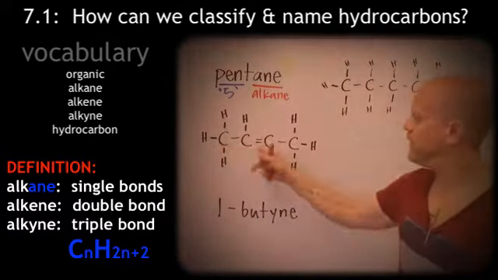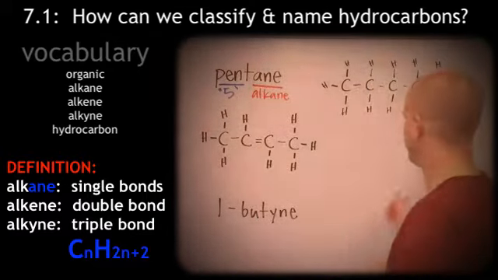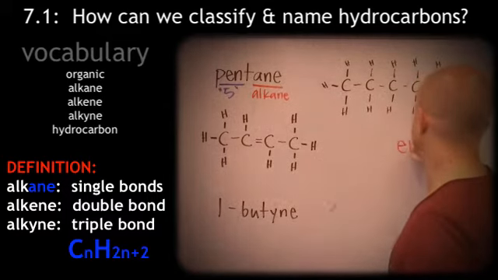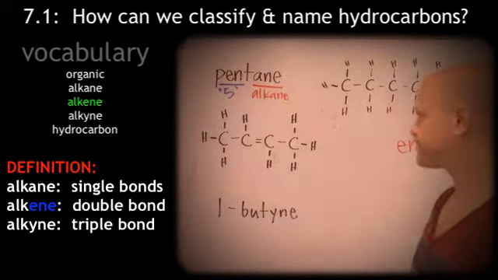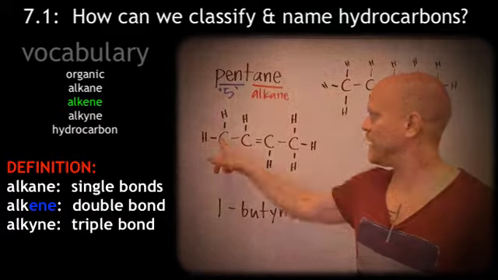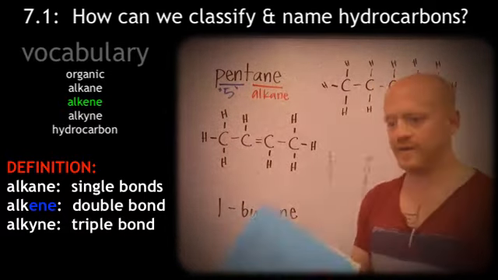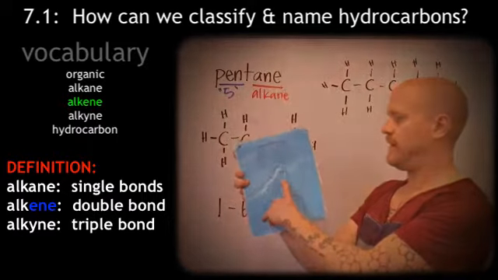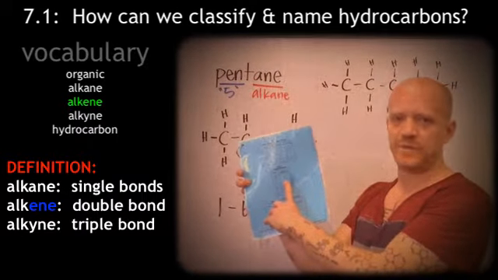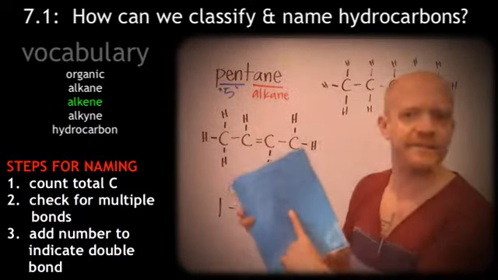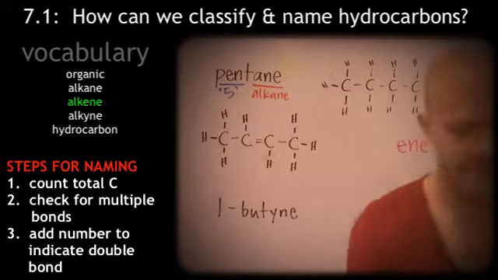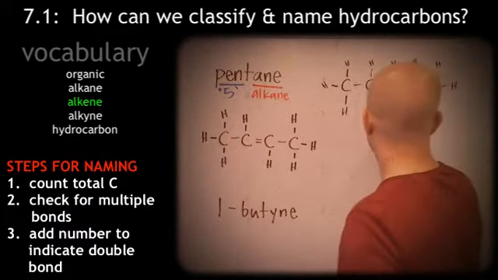So we look right here, we see a double bond. So that tells us the ending is ene. Now, we're going to count 1, 2, 3, 4 carbons. We're going to consult Table P, and that says but-. It doesn't say "but." "But" has 2 T's. This is "but-." So it is